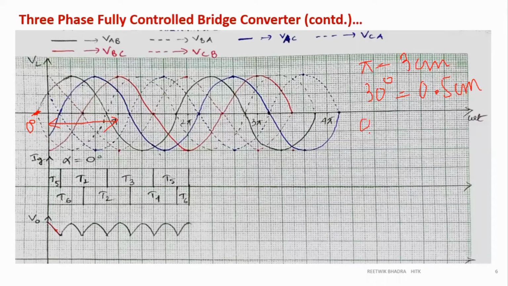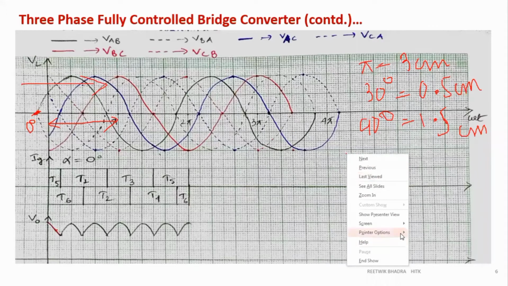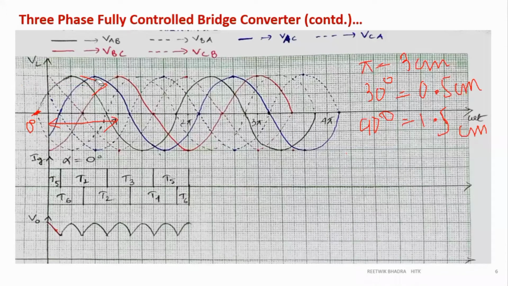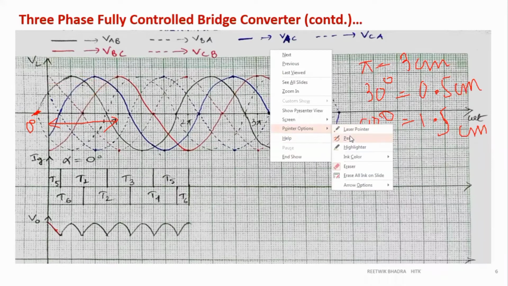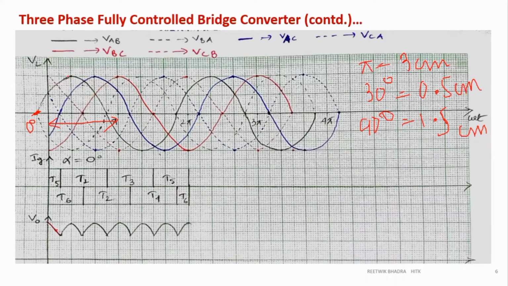Now you calculate another value. What will be 90 degree? So 90 degree is equal to 1.5 centimeter. So from this point, if I move 1.5 centimeter in this direction right, I will get the peak value. So from here 1.5 I will mark it somewhere. I'll take any magnitude, no need to think about this. Take this magnitude as 2 centimeter. From here 1.5 centimeter, draw a curve, reach its peak.